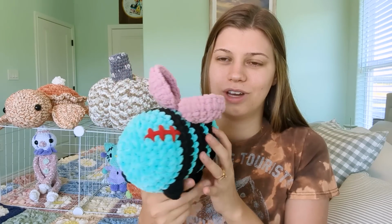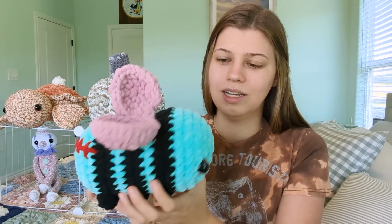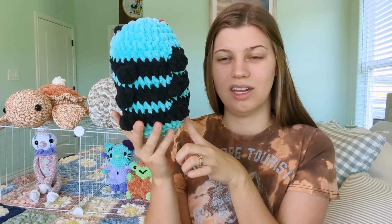But anyway, I'll give you kind of like a 360 look at this guy. He's got a little scar on his butt, and he's got the missing eye on the front, and he also has 6 little legs under there. And I love the way that this color change was placed on the plushie because it kind of disguises it, because it's right in line with that first leg,